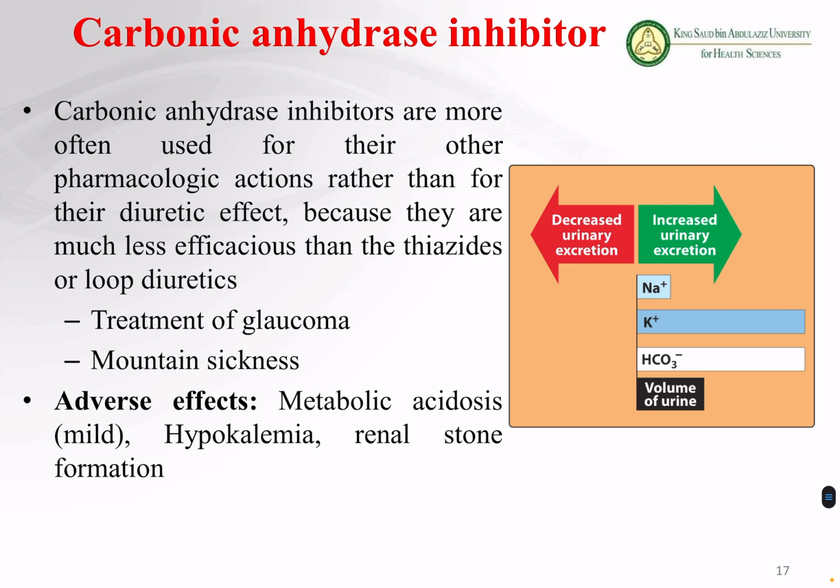So we don't use these diuretics mainly for the purpose of diuresis. Yes, the diuretic effect is there, but we don't mainly use it for diuresis. Why do we use it? We use this drug for the treatment of glaucoma. And I explained to you, I think day before yesterday, that glaucoma is a pathological condition in which we have an increase in the intraocular pressure. And why do we have the increase? Because in glaucoma there is damage to the optic nerve.